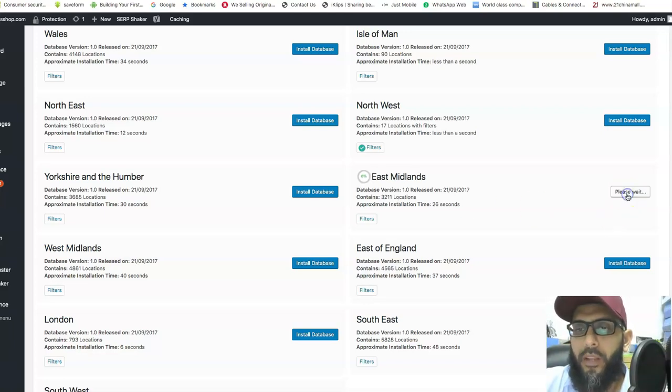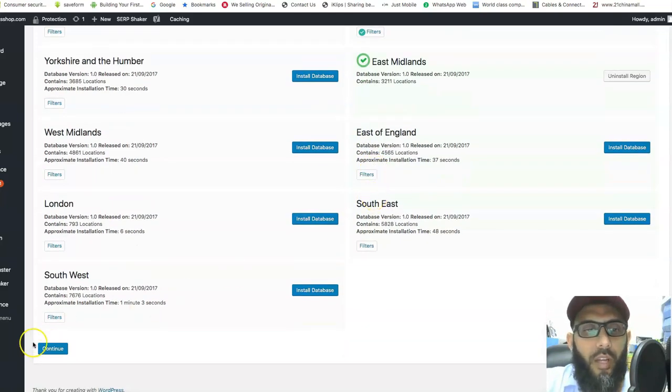Once you go, you just press install database, it just downloads it. You can see this, it quickly does that. My PC is a bit slow. Once you do it, I'll add a proper demo of this product. Tony does a very good explanation. I'll add the proper demo because I don't have Elementor on this WordPress. This is a demo page. I normally do a review. Once you do it, you just go continue.